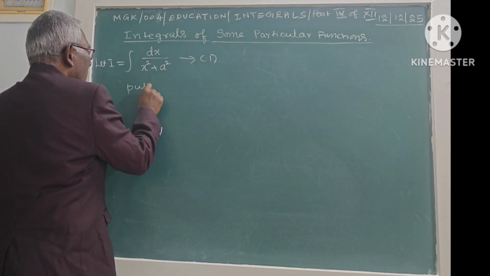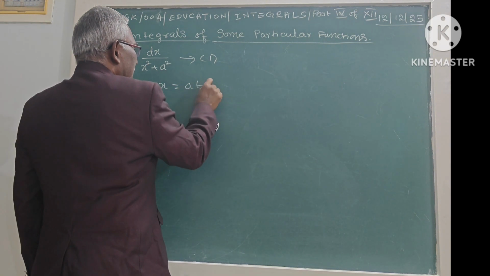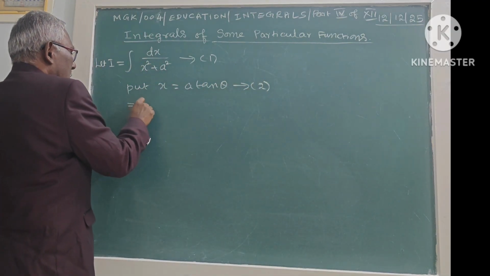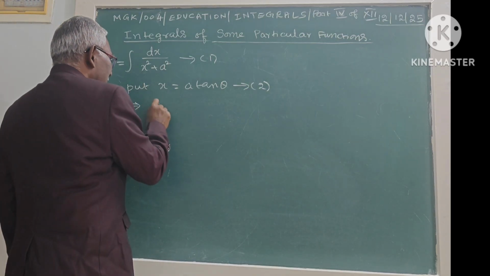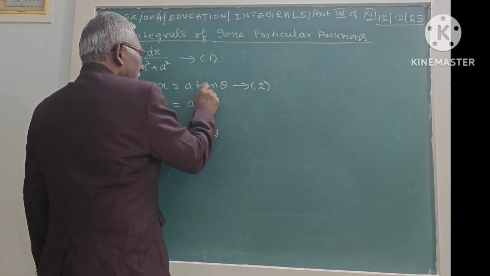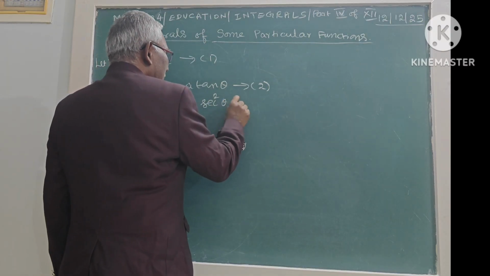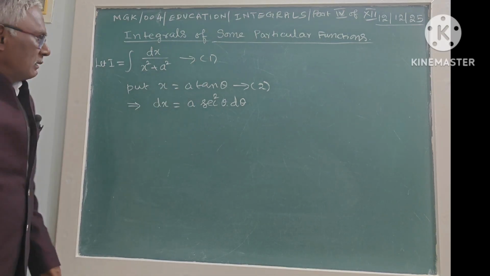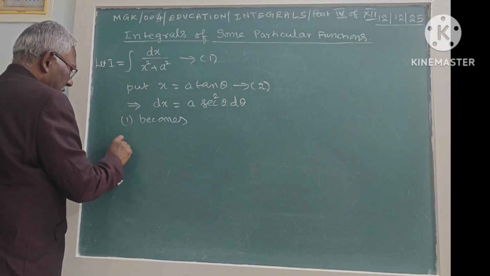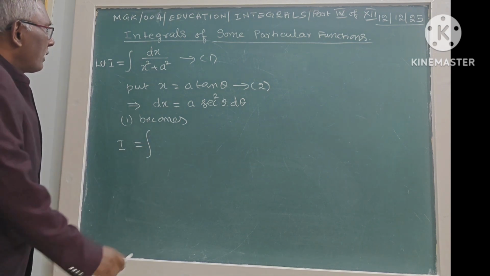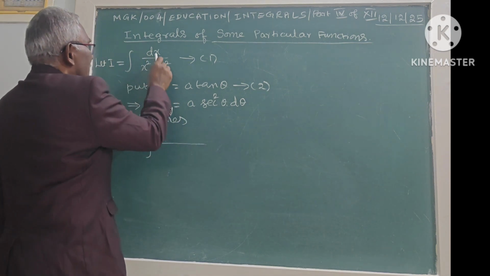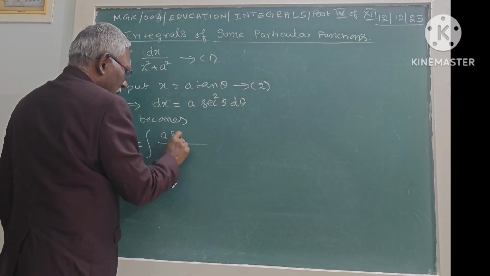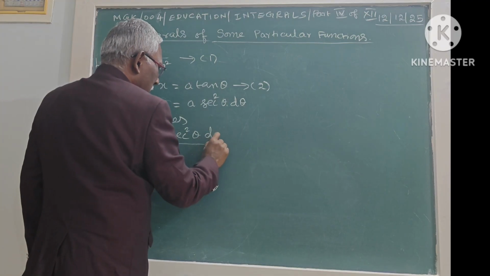Or put x is equal to a tan theta. If you differentiate this, dx is a secant square theta d theta. Therefore, I is equal to the integral of dx, and dx is a secant square theta, so a secant square theta d theta